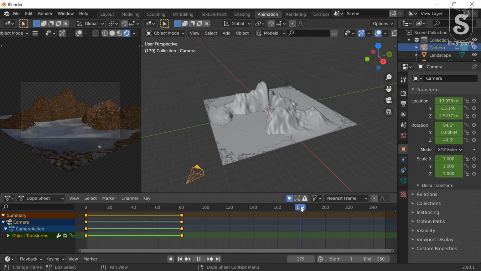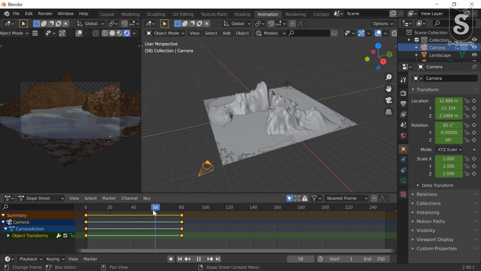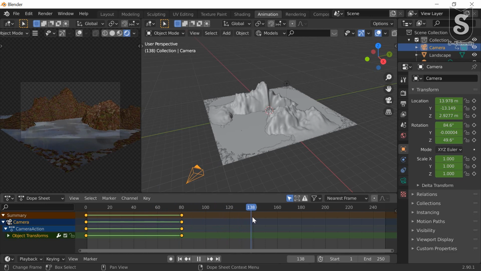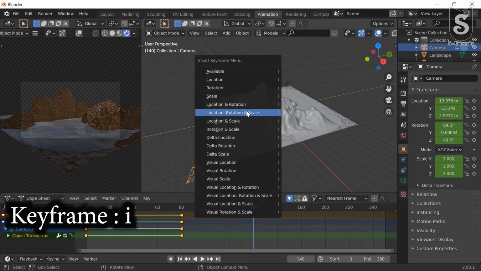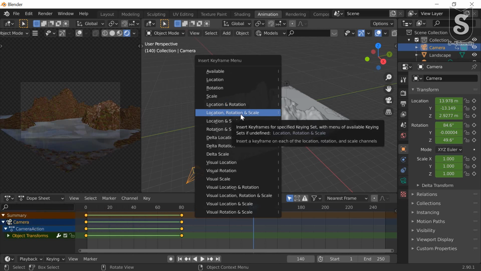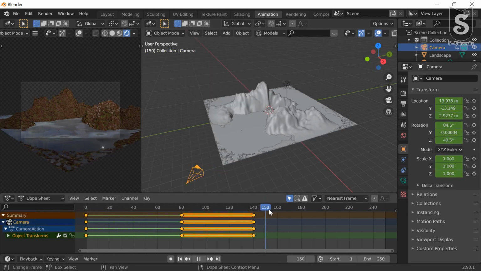Now go to this view. Before going to it, we will add some more keyframe. Around 140. Press I, location, rotation, scale. Now go to around 200.